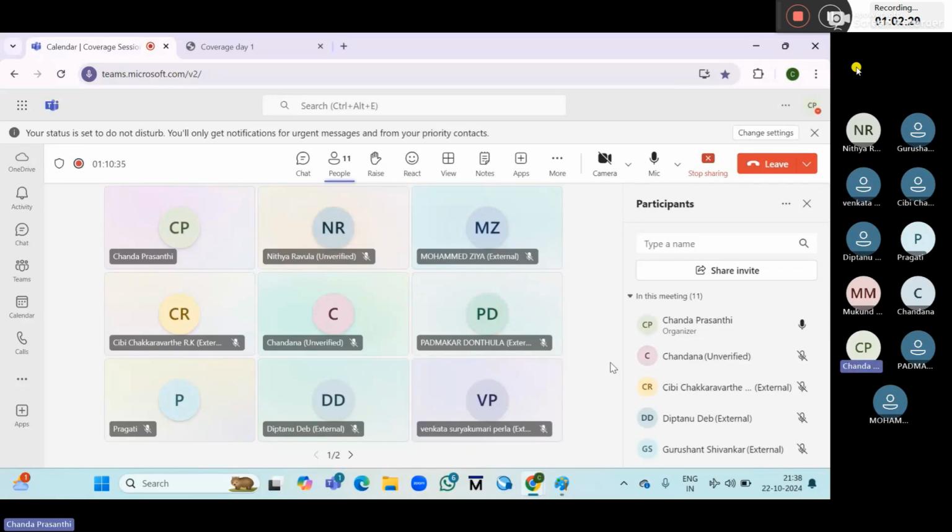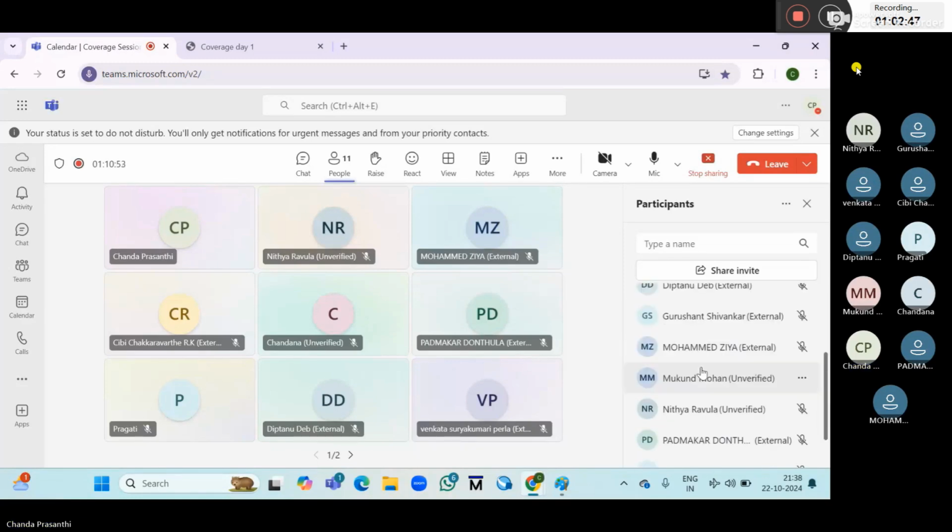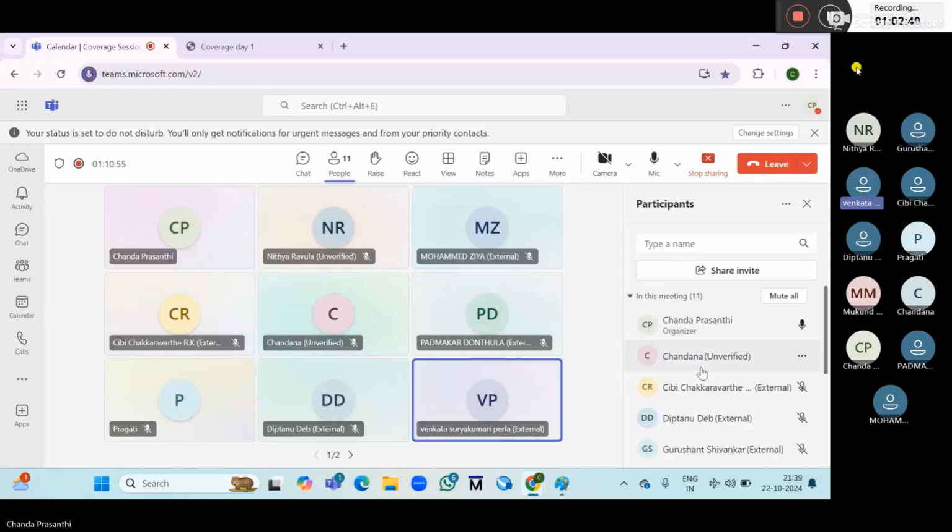Okay. Diptan, hi. Can you tell me what is meant by regression and how the coverage is extracted? We merge all the test cases into one. I asked for Diptan. Yeah, please tell.